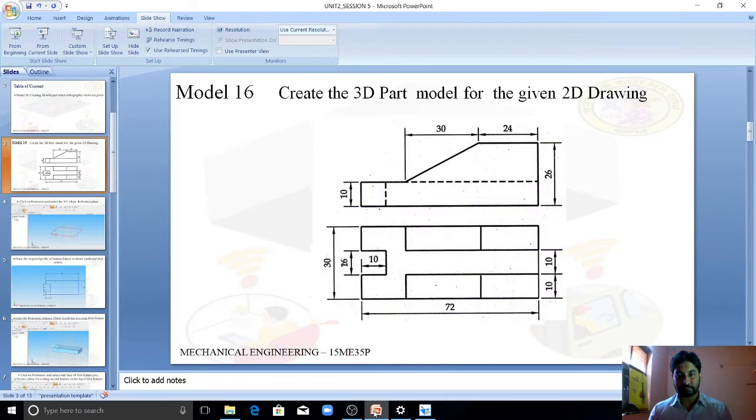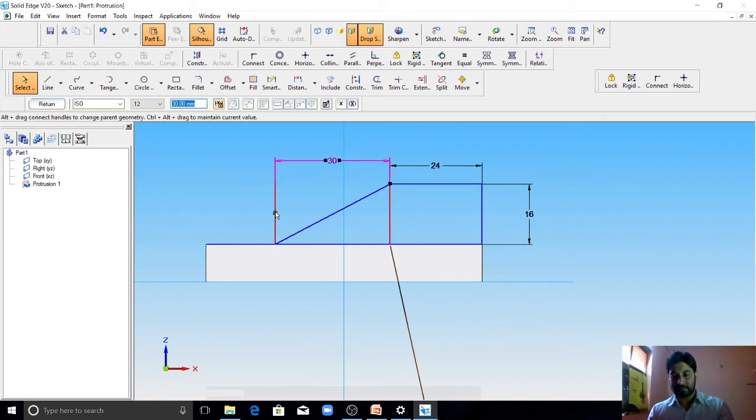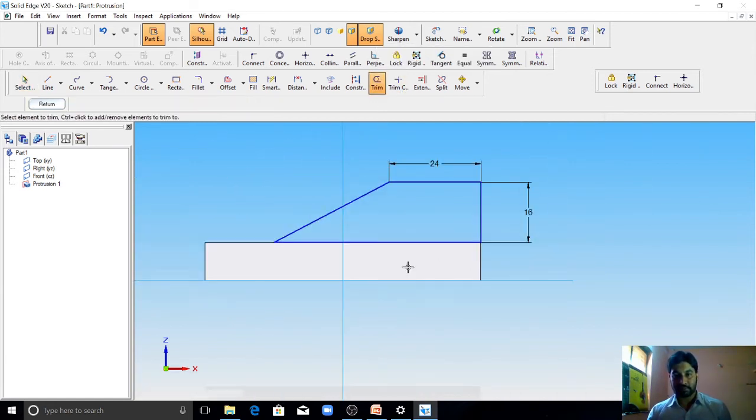You can see here. After that you draw a line here from the end of this to this end of this. Now you erase all the construction lines. So this completes the sketch for the second feature.